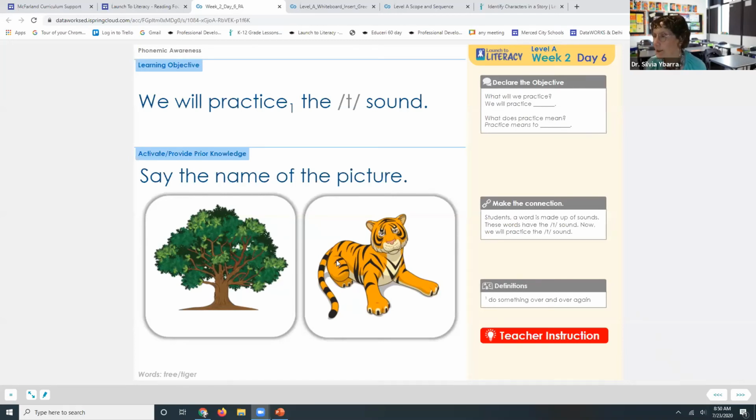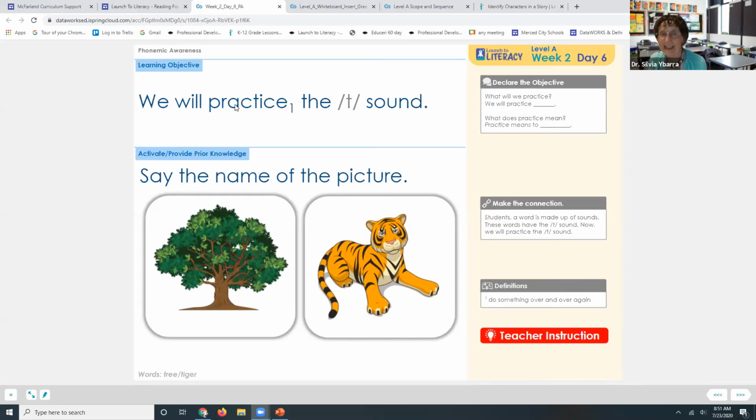We learn to read in 2 different ways. One, words have letters and those letters are connected to sounds, and that's why we can read them. But the other one is by looking at the whole word. So that's what we're trying to do in this program. We're trying to get the students to read the words, but also to start looking at the sounds. So today, the students might not even know how to read anything, but we still start by telling the students,